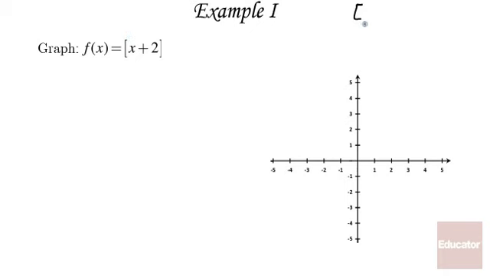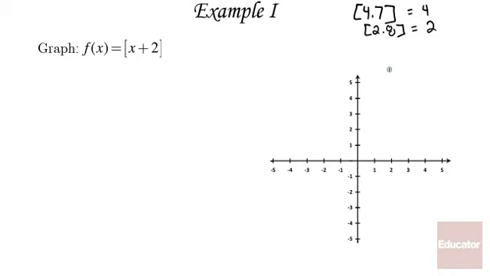So when you see this notation with the brackets, let's say that you have a number in here, such as 4.7. What this is saying is that this value is equal to the greatest integer that is less than or equal to 4.7. So that's 4. So it's the greatest integer less than or equal to whatever's in here. If it was 2.8,